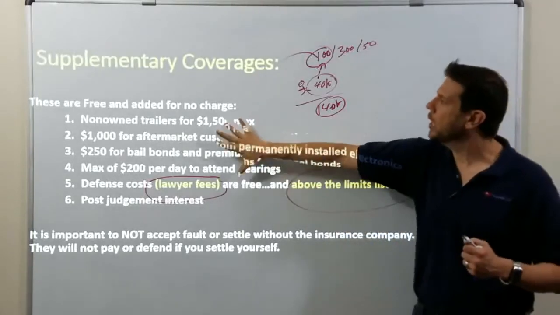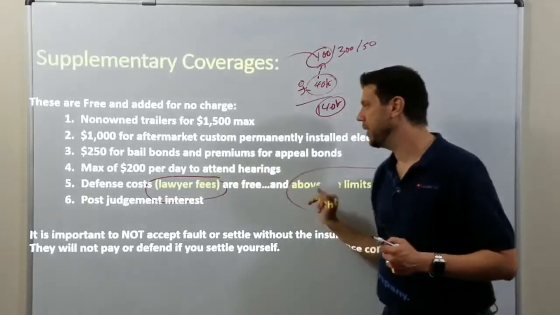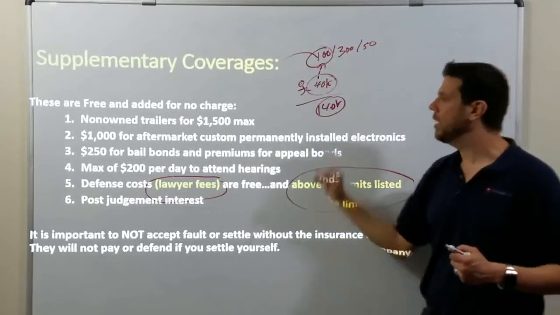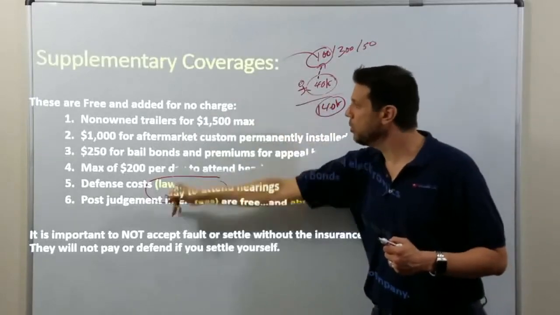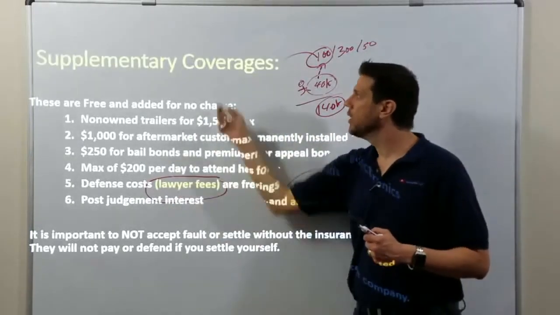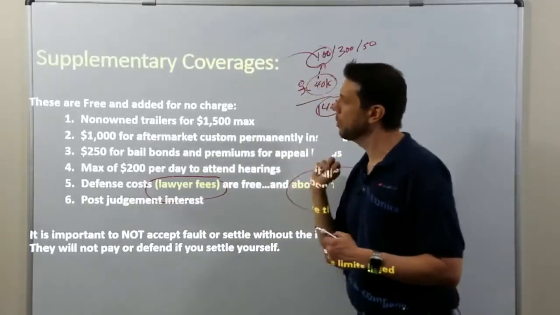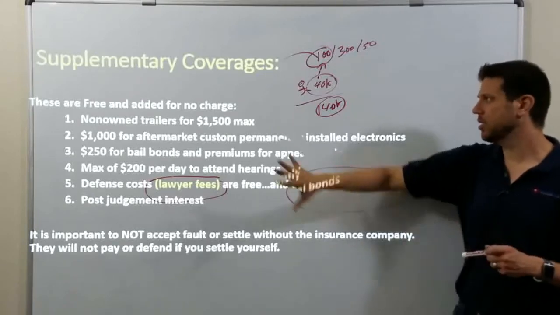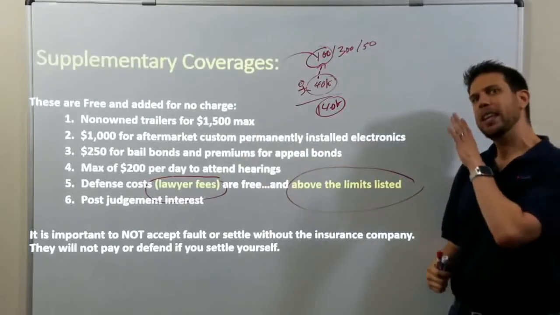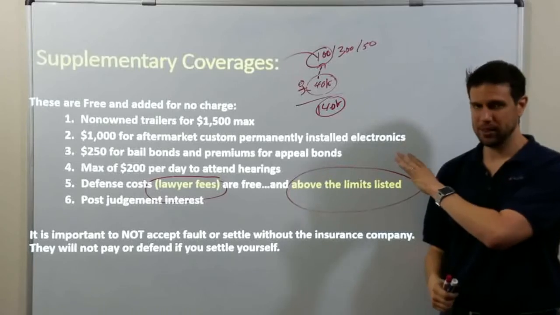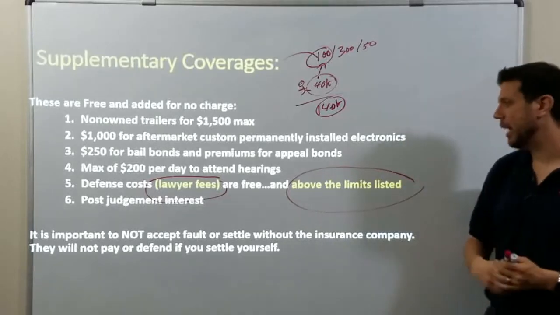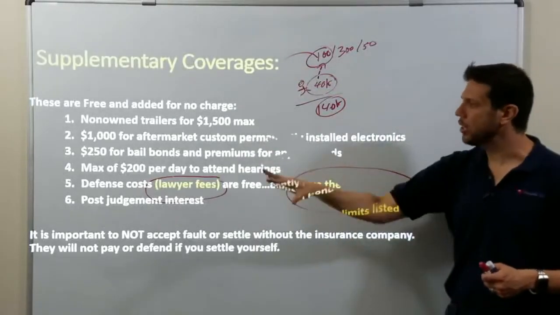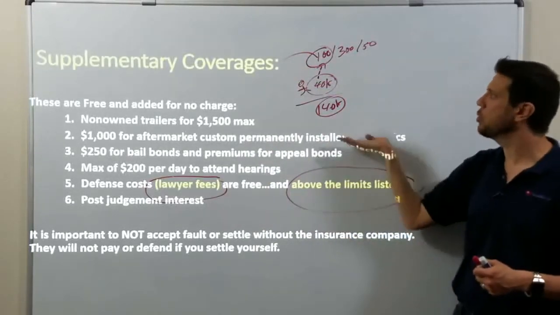These are free coverages, primarily lawyer fees, that are covered in addition to your limits. If the insurance company loses and they decide to appeal, supplementary payments will cover any interest or appeal bonds or any of that stuff. Supplementary payments are the legal costs in a policy. This is guaranteed to be on your test. Most people forget about supplementary payments, and supplementary payments are legal costs in addition to your limits.